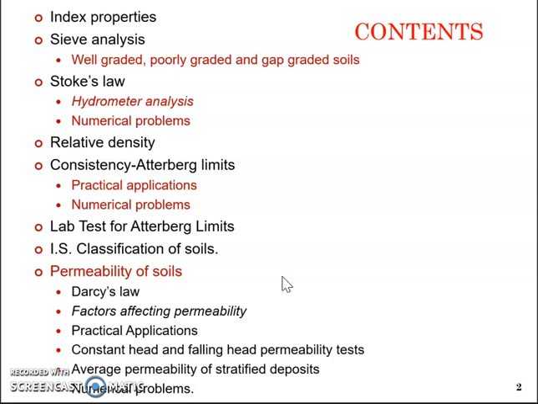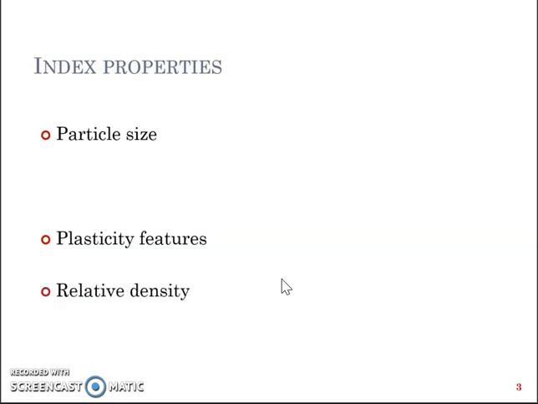Now coming to the index properties of soil. The index properties of soil are particle size, plasticity features and relative density. Now why we call these three things, the particle size, the plasticity features and the relative density, the index properties, is that these are the properties that can be used to index or pinpoint the behavior of soil under